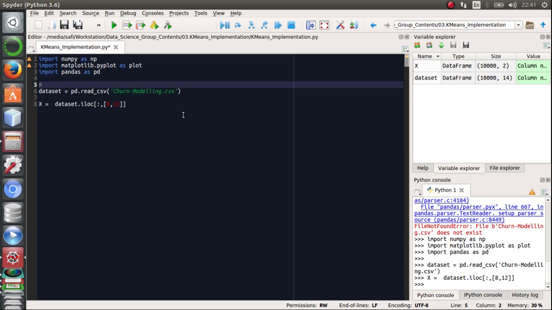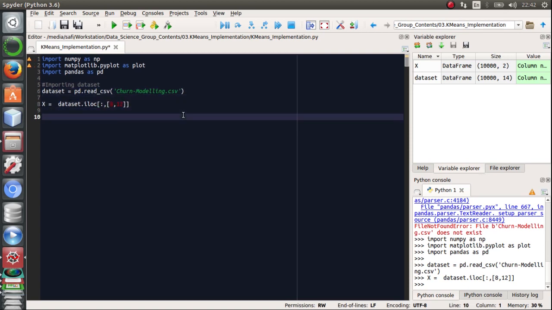So this section was about importing data set. Now we want to find the number of